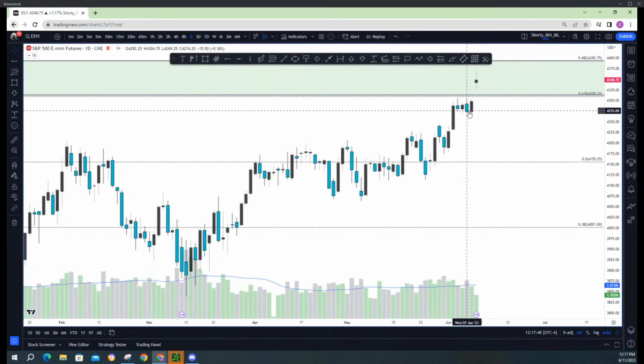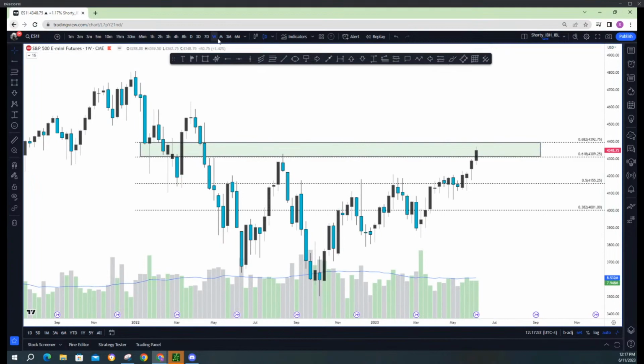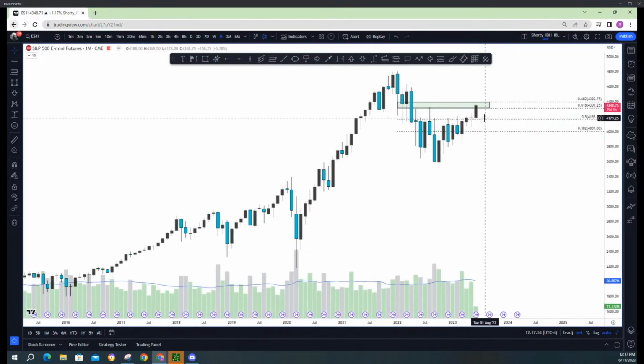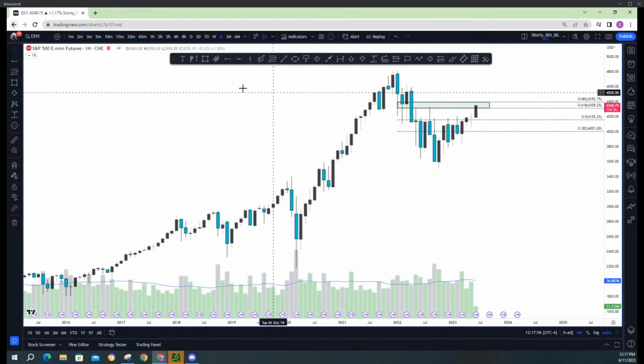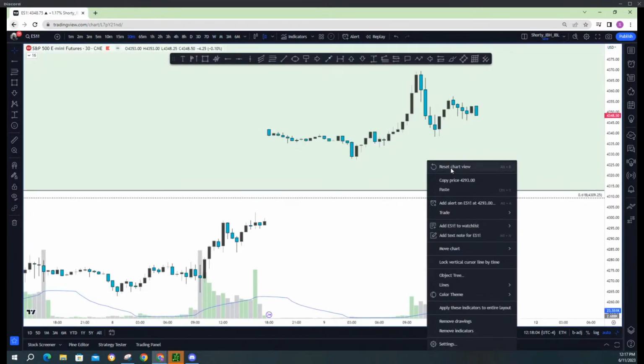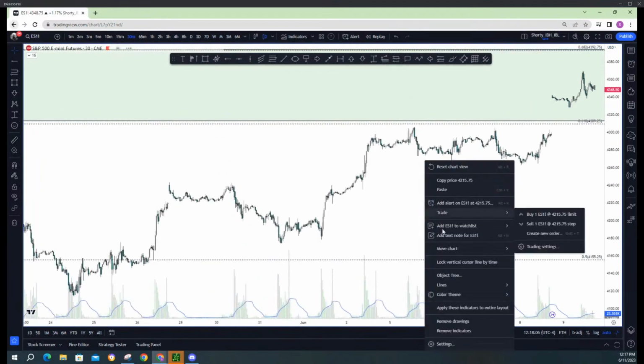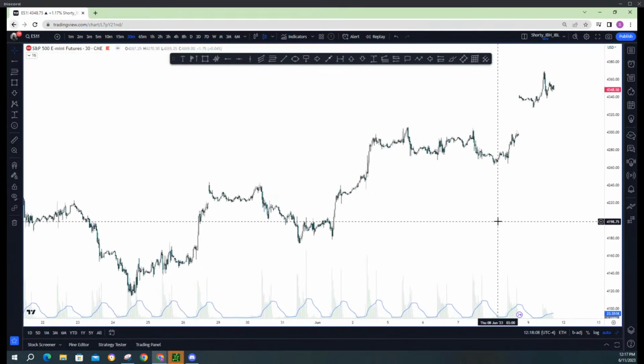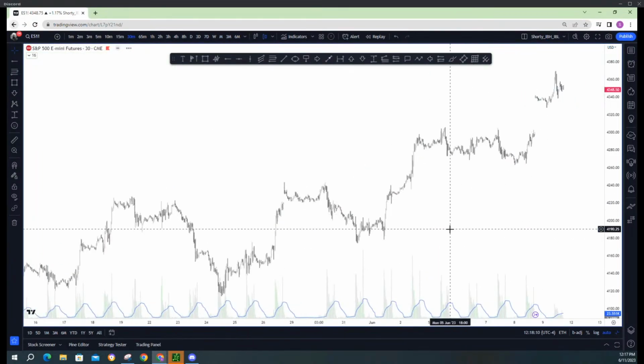The daily is framing up, the weekly is also framing up, and then I would say the monthly here is also framing up, meaning making higher highs, higher lows. Then what I would do to find the fibs of interest, this is the high time frame fibs of interest. Let's say I'm looking for day trades. And if I'm going off of 30 minutes, that's typically what I do, I will look at the swing